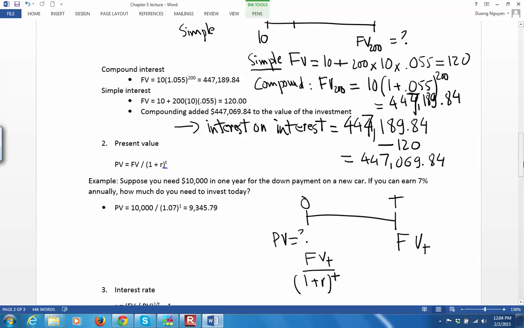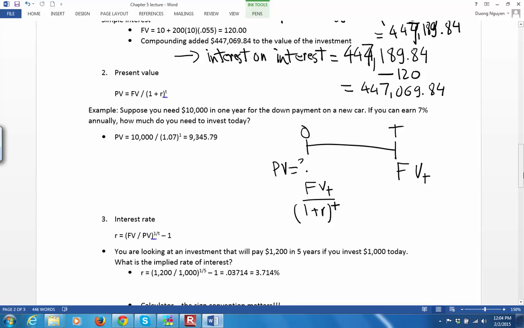For example, suppose you need $10,000 for 1 year, and the interest rate for the year is 7%. How much do you need to deposit or invest today? So the present value simply equals future value, which is $10,000, divided by 1 plus the interest, which is 1.07, raised to the power time, which is 1, and equal to